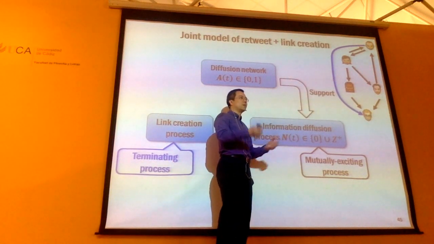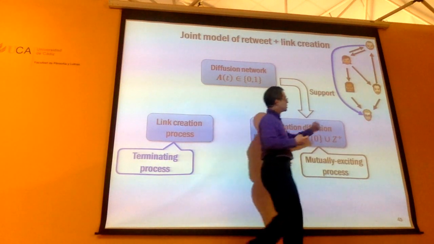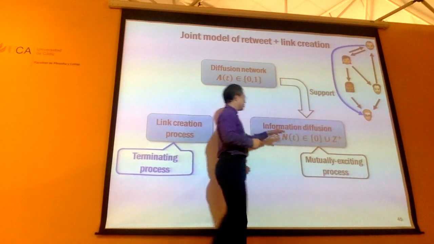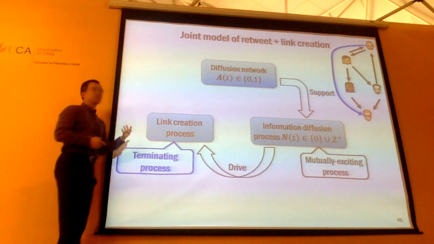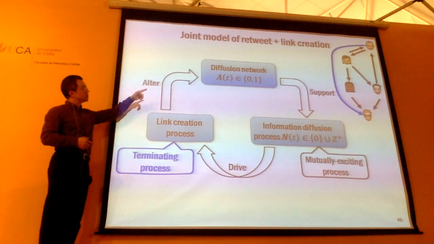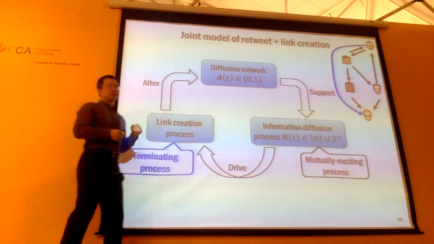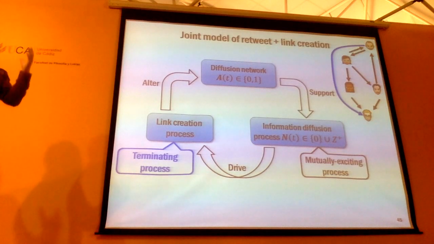Right? When we describe these targeted retweets, we actually need to use this adjacency matrix. So David is also going to receive information if he has directly connected with someone. Right? And then once you have this information diffusion process, it's actually driving the creation of new links as well. In some sense, it's changing this adjacency matrix, and you have this closed loop system. Okay, so you just put together these targeted retweets and then this link creation process together. You get this joint process of information diffusion and coevolution.